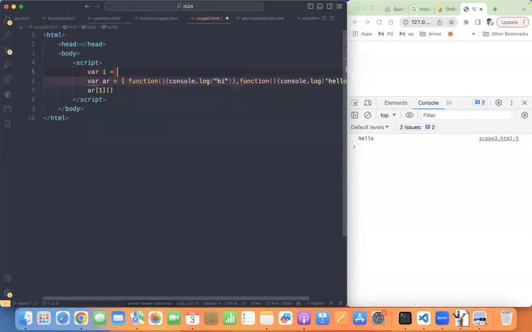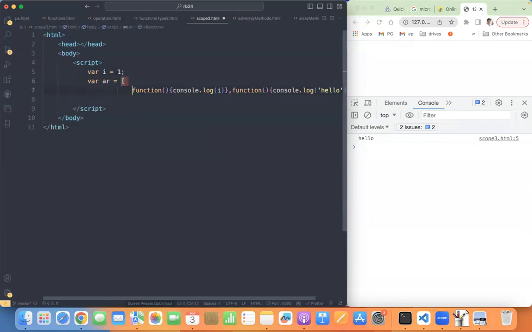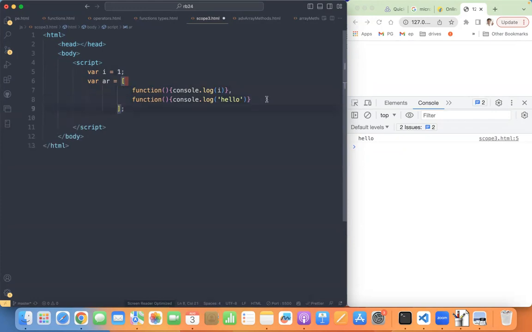Where I is equal to 1, console.log of I, function, console.log of I plus plus.